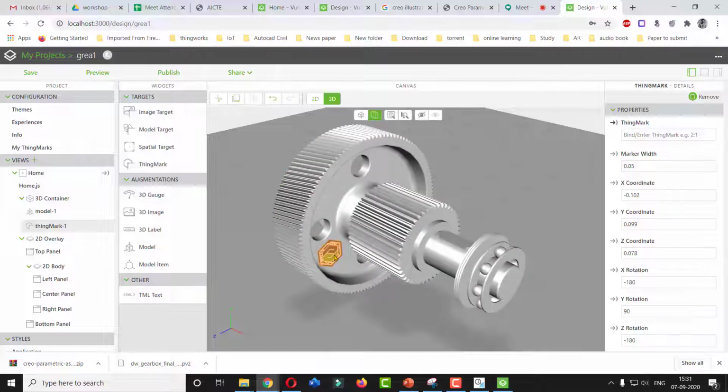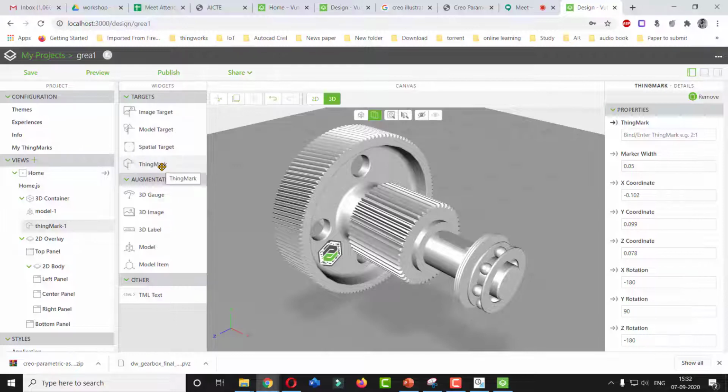Now we have to publish this particular content over the cloud. There are many more options available in the software which we'll see one by one. But these are the two main things which are required. That is a model which we have to publish over the cloud, and the second thing is the target. So there are basically four options: first one is a spatial target, then model target, image target, and thing mark. Basically the target is nothing but the code which is going to specify which model our phone should access from the cloud. It is defined by the target.